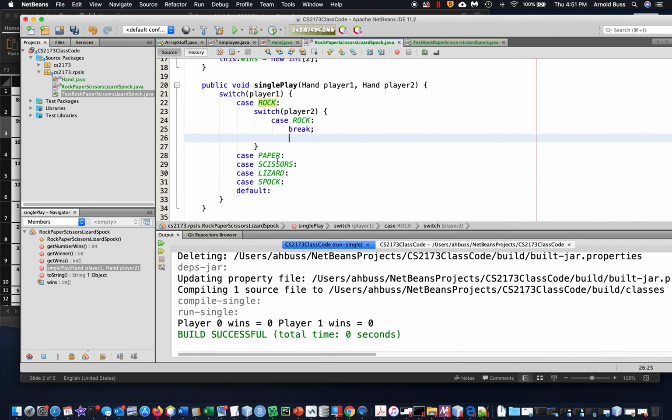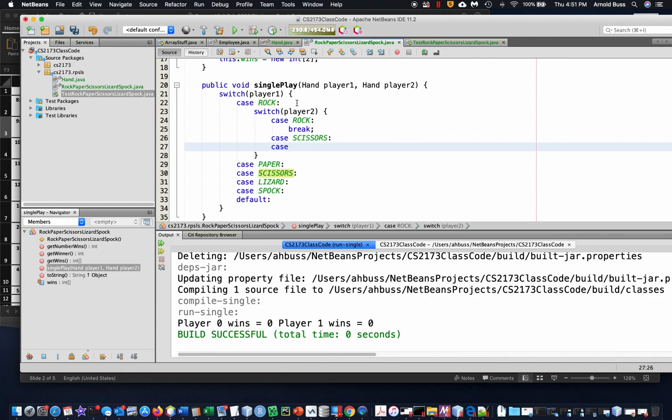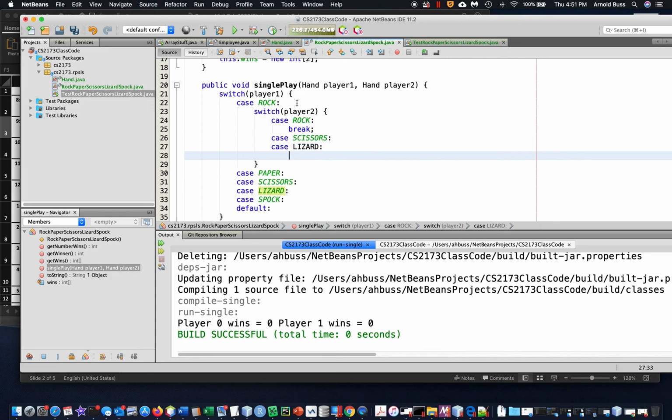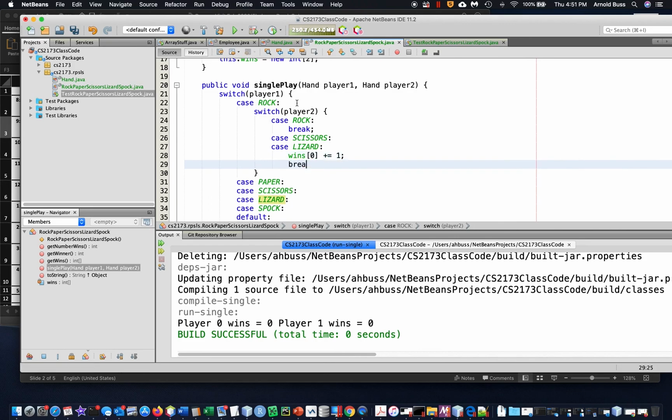Now, rock crushes scissors and smashes lizard. So rock beats if there's a scissors, or if there's a lizard. Okay, now what I've done here is, remember, if we don't say break, then it's going to fall through. So if player 1 plays rock and player 2 plays scissors or lizard, then player 1, or if player 0,